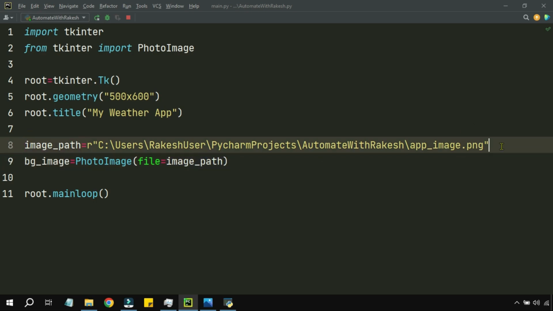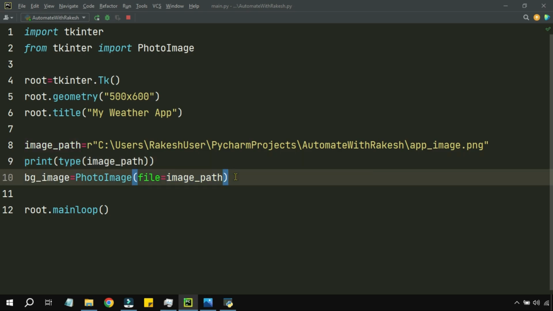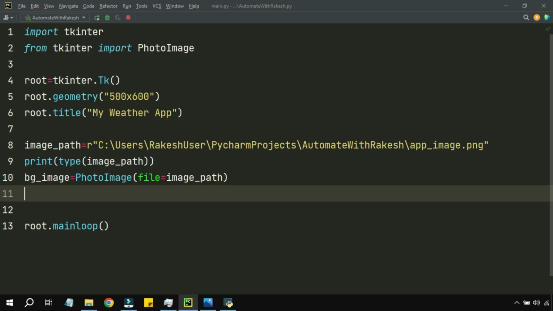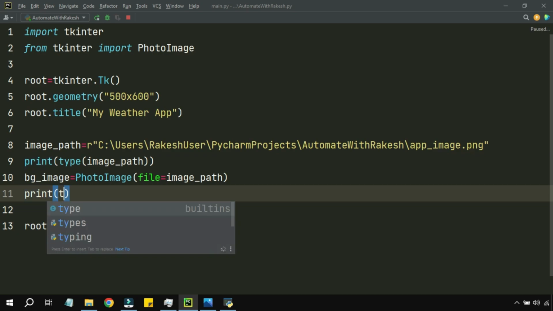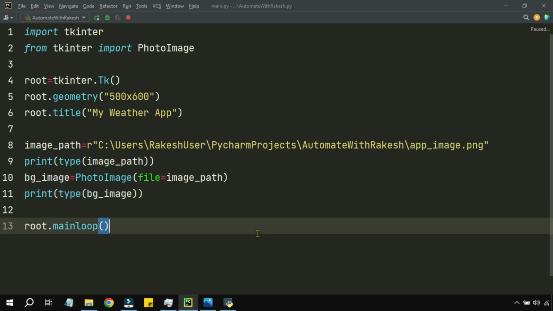Okay, for example, if you print this, you will understand why I am really doing this. For example, if I say print and I'm going to say image path, what kind of a variable I would like to know. For that you will simply say type. Okay, so here at the end I'll put another parenthesis. Now what is the type you will get? The image path is a string type of variable, whereas if I'm going to use the same print command and say type, and I'm going to type the background image, you see the difference. So if I run this now,